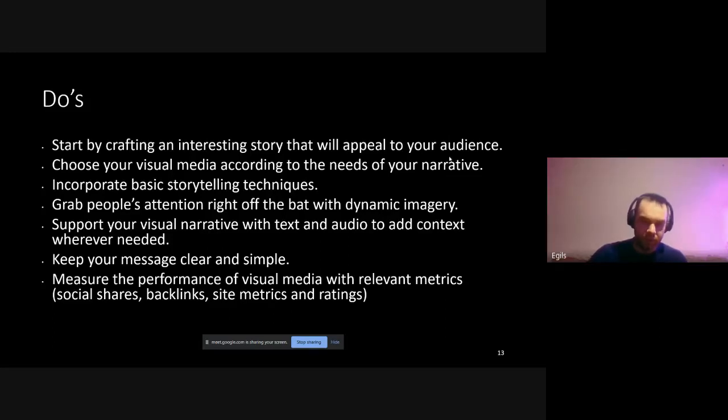The next one is about storytelling. Just take into account that there's a start and a beginning, that there is a message you want to convey, grabbing attention. Usually pictures look better than in real life, so it's a very good way to get attention. Of course, you can make visual stories only with video or images, but if you add text or audio, or you have music that is very well paced with the video editing you're doing, then of course this outcome will be a lot better. Keep it simple, clear,